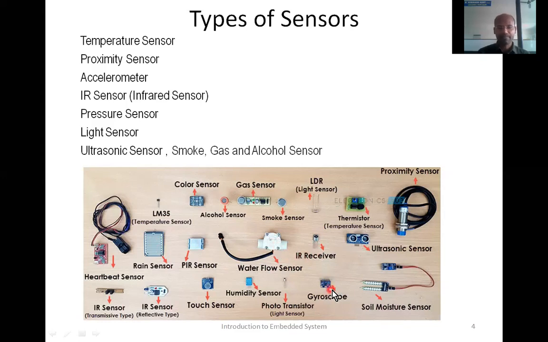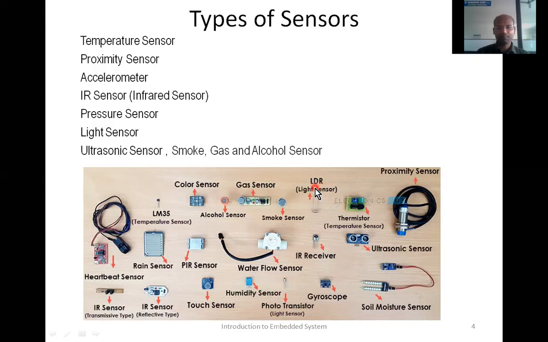And it is a gyroscope. It is used to detect the direction. And phototransistor, it senses the light. It is basically a light dependent resistor, but it amplifies also.